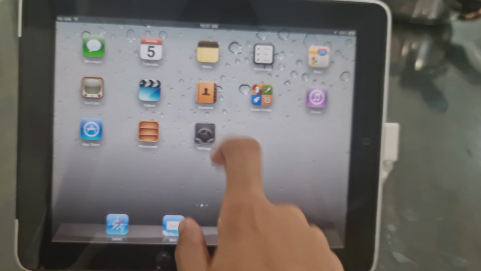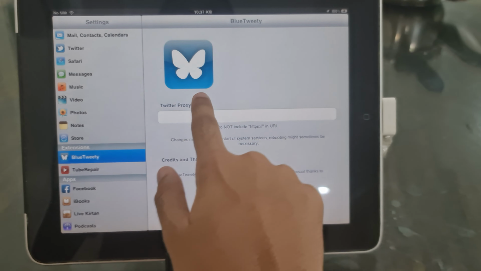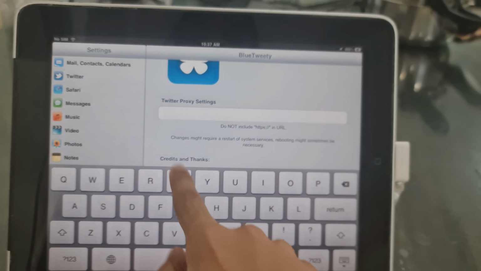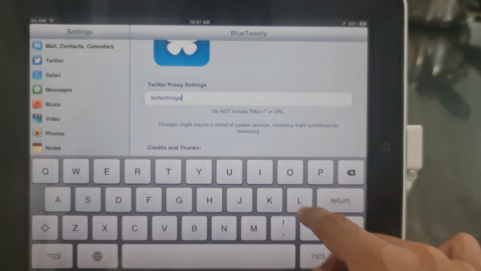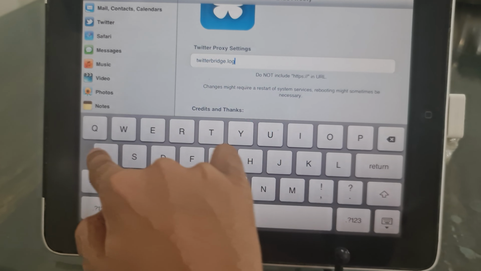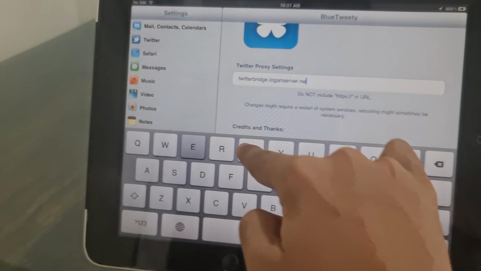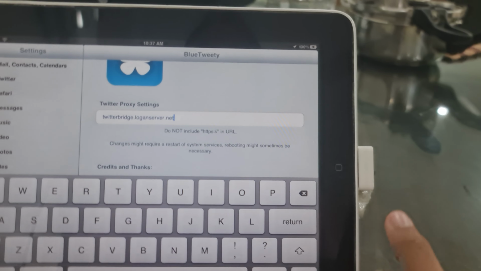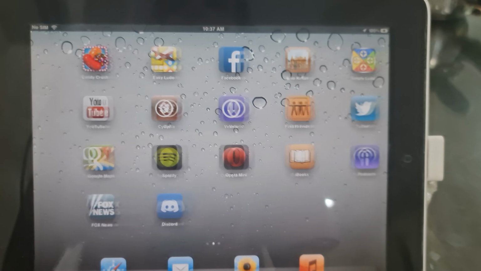Then go to Settings and then BlueTweety. You need to enter the URL called twitterbridge.loganserver.net. Do not include HTTPS in the URL. It will work. So go to Twitter,